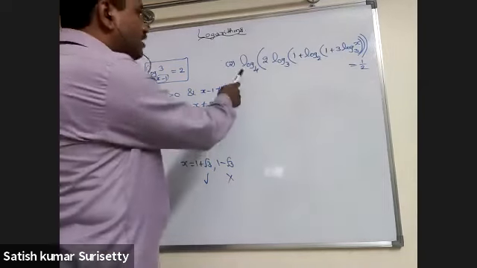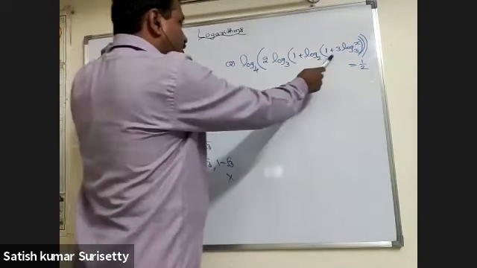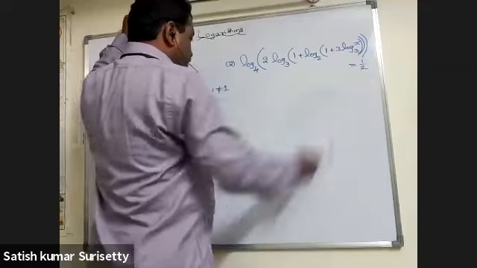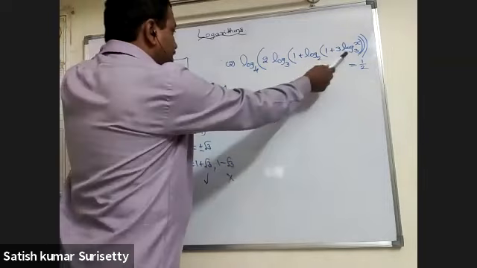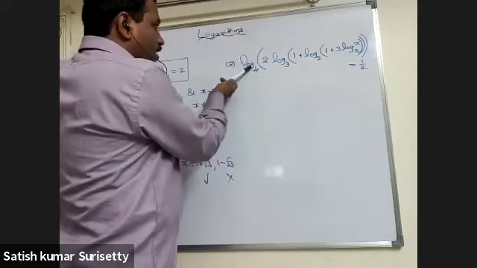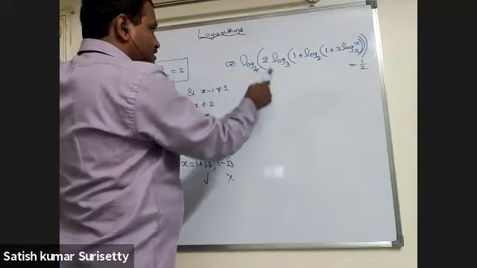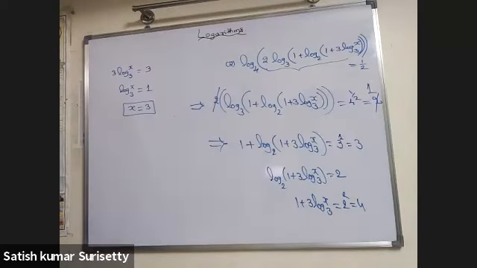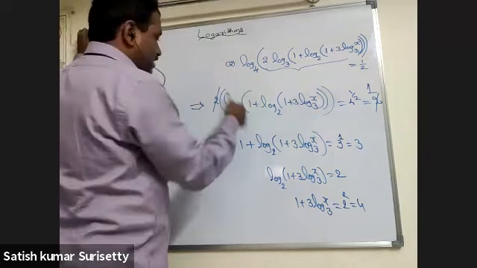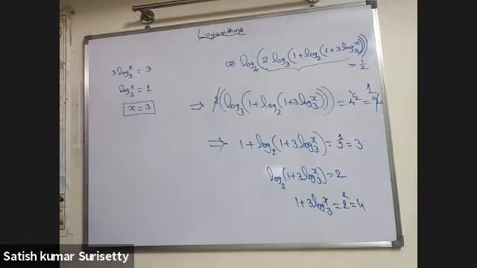So in this problem, log base 4 of 2 times log base 3 of (1 plus log base 2 of (1 plus 3 log x base 3)) equal to 1 by 2. You have to find the value of x satisfying this equation. The preferable method is, instead of simplifying the inside, convert log to the exponential notation. First you try to eliminate this log, after that this log. Go on, eliminate the logs, convert to the exponential notation and then simplify. So you will get x equal to 3.